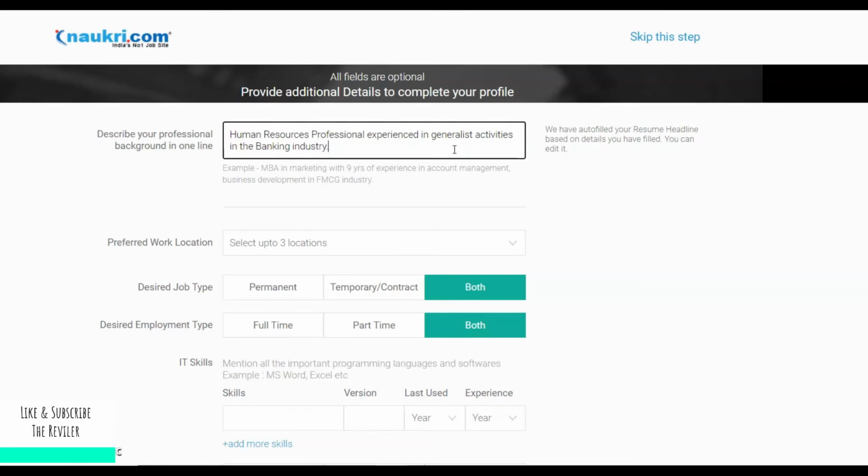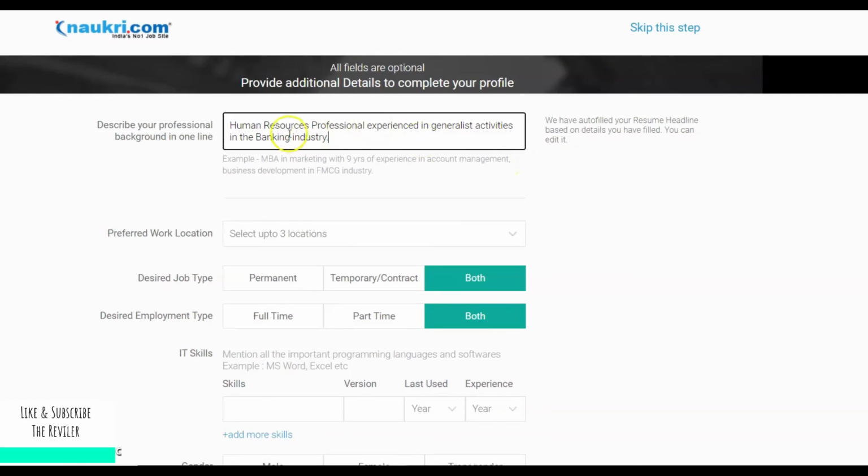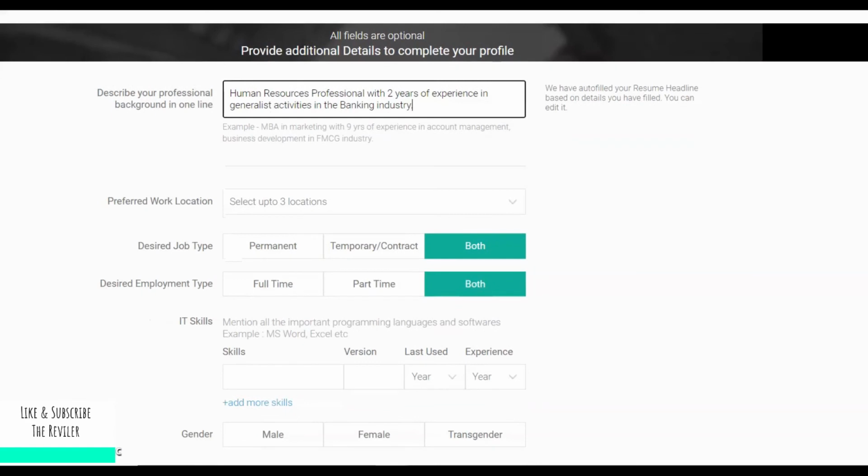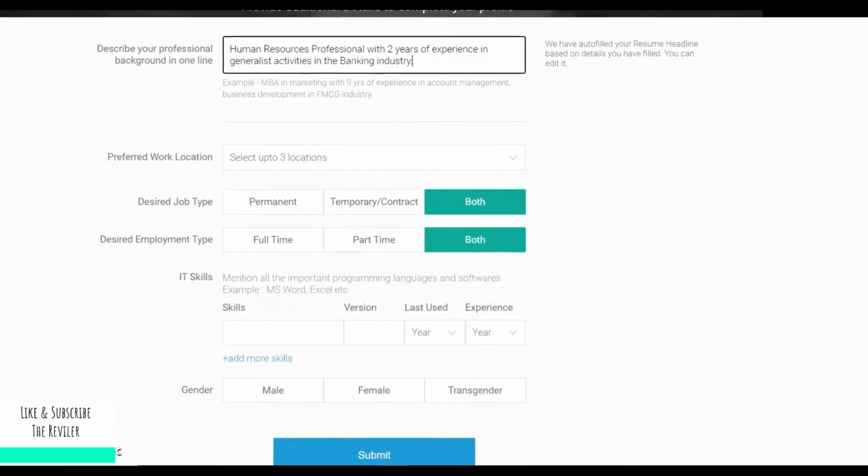In this way you can write about yourself. Human resource professional with 2 years of experience in generalist activities in banking industry. So this way you can type your professional background.